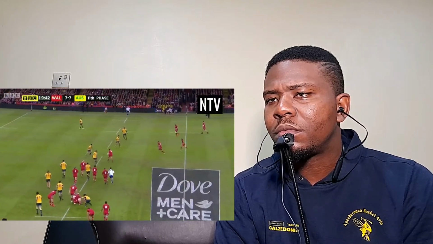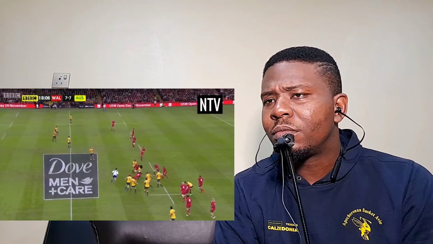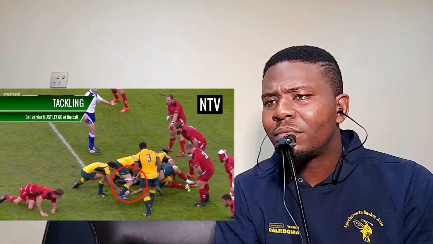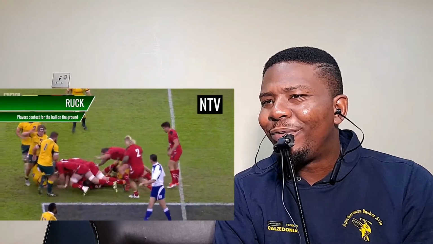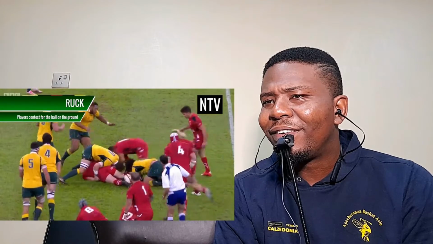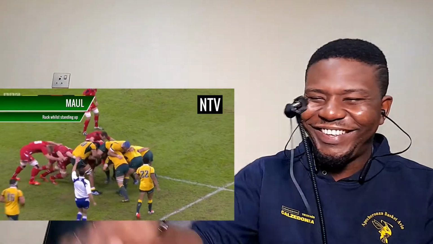To stop you from scoring, your opponents will try and stop you by tackling. Your opponent can grab you below the shoulders and pull you to the floor to stop you moving forwards. In Rugby Union, once a player is tackled, the ball carrier must let go of the ball. This usually results in players pushing each other away on the ground whilst the teammate tries to get possession of the ball. Players from either team can get possession at this point. This is known as a ruck and is an important part of the game. To the untrained eye, it looks like a bunch of men rolling around on the floor, but in reality, they're trying to push the opponents away so that they can get the ball. The maul is the other important part of the game.